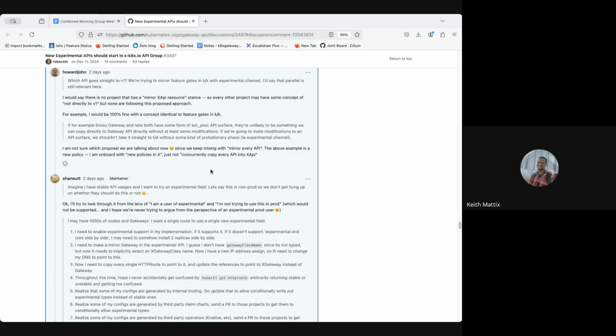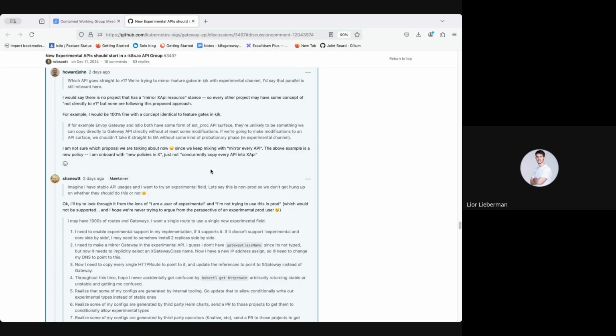Right. Because we're talking about a class of problems still, I think the problem we're solving with this proposal is the fact that it's possible, easy, encouraged, insert word here. Is it too easy to get into a broken state because you install experimental CRDs, then you move to standard CRDs and things break? Is it too easy to do that? Is that the problem? I think today you don't even have a way to.